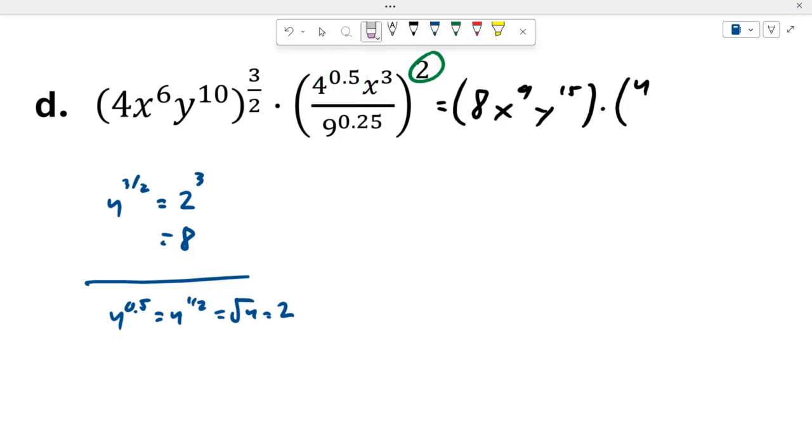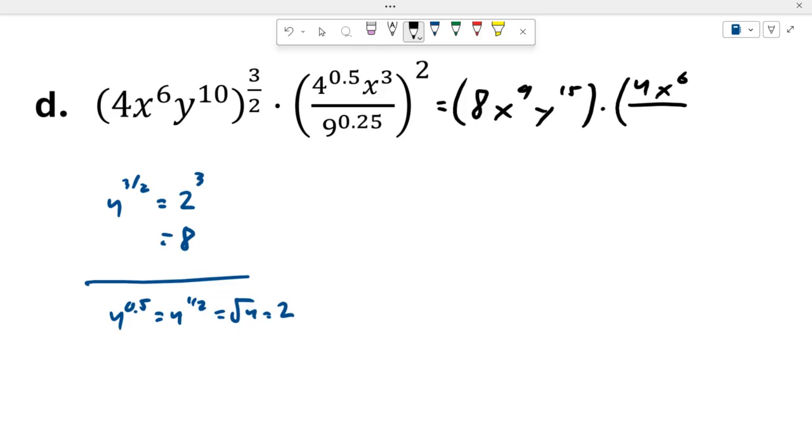Another way of looking at that is if you just take your exponent and distribute. If you distribute the 2, well, 2 times 0.5 is 1, and 4 to the first is 4. So no matter how you look at it, you get 4. And then I have x to the third to the second. So we've seen this now several times. When you have a power to a power, you multiply, just like that. Over,